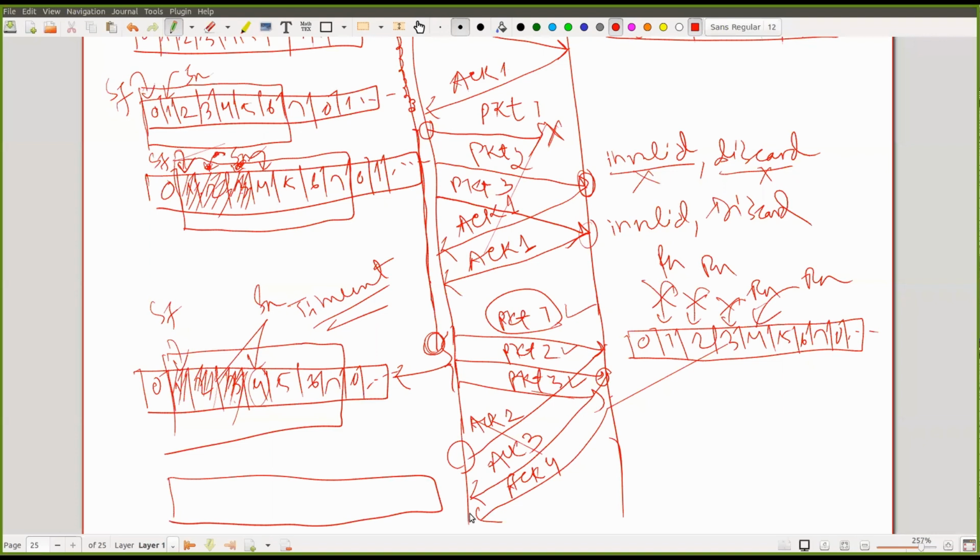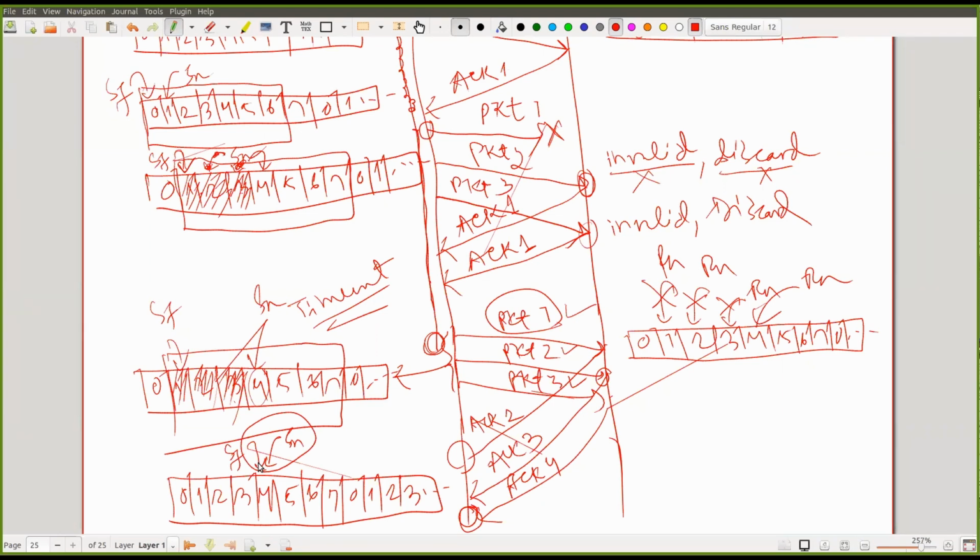So after receiving this ACK of 4, can anybody tell me what the final situation is, if you understood correctly? After receiving this ACK of 4, where is my SF pointer, where is my SN pointer? SN is pointing to 4. Remember one concept: when SF and SN are pointing to the same location, that means you now have no outstanding packet. Even if I say SF is the pointer pointing to the first outstanding packet,